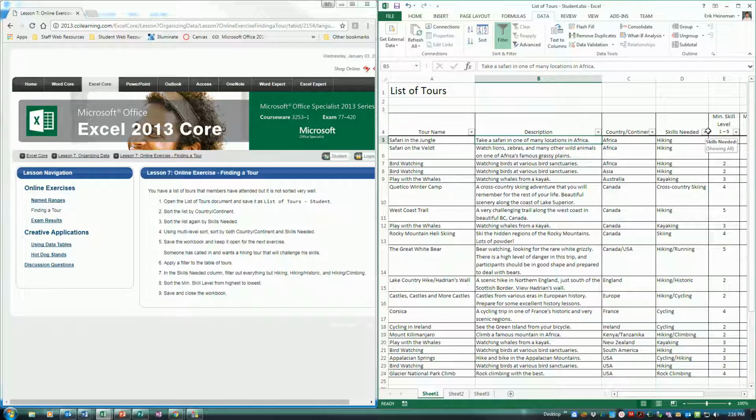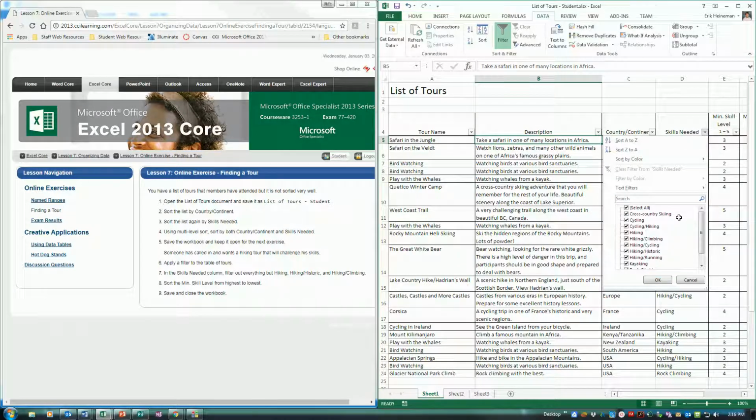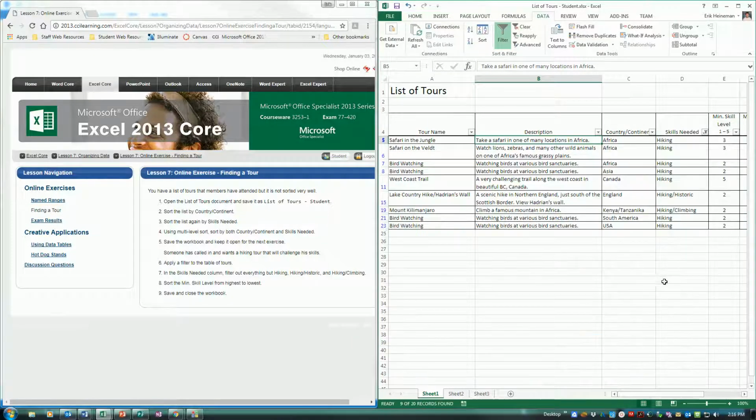And what we can do is we're going to filter out most everything. So I'm going to click the select all to deselect everything, and then I'm only going to select hiking, hiking/historic, and hiking/climbing. Okay. So when I click OK, the only rows that are going to show are ones that have either hiking, hiking/historic, or hiking/climbing. And then I'm also going to sort by the minimum skill level, and I can do that now